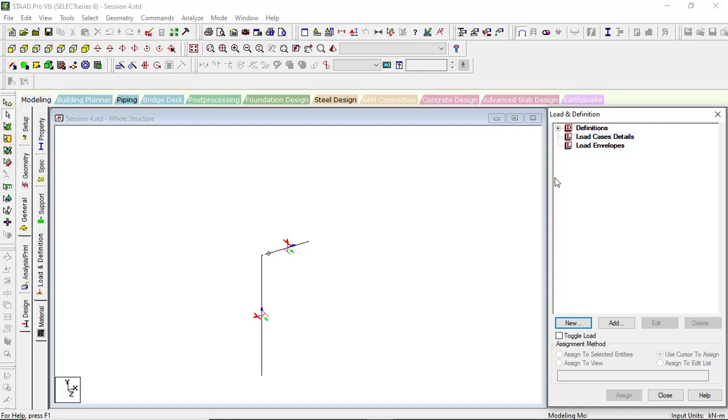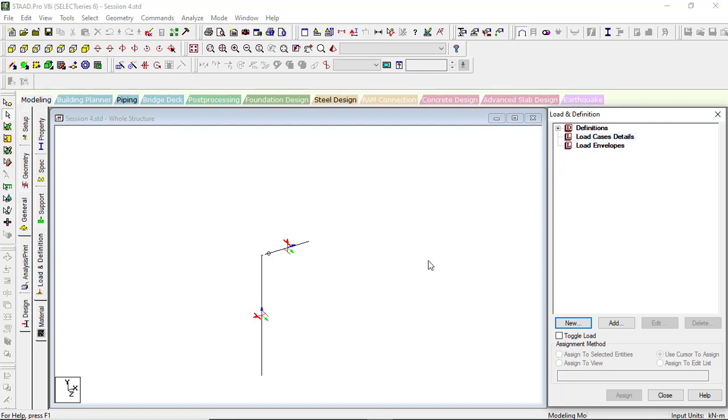This is why having knowledge about local axis and global axis becomes very critical. Because if you do not know the difference between these two axes, there are chances that you make a mistake in the load application and your results will be wrong. So this is for the new engineers who are working fresh on this software. This is a very important point: the significance of the local axis is that this axis will be required when we do the load definition part. We'll see that in future sessions.